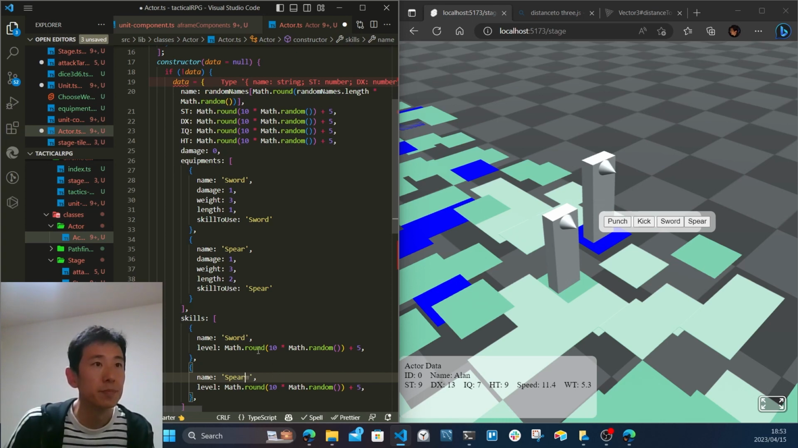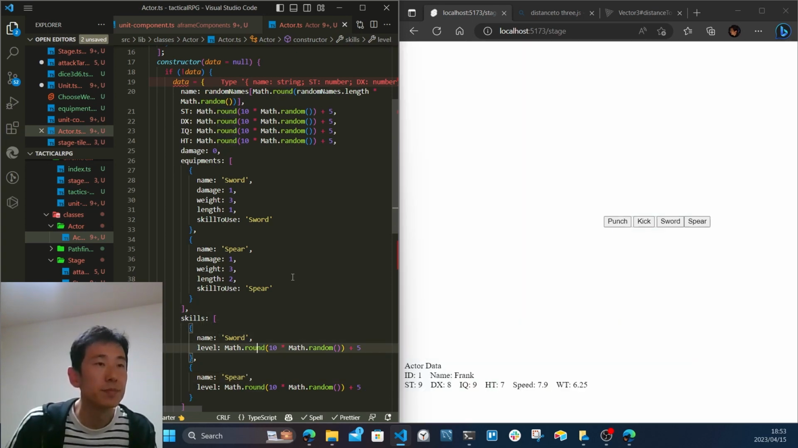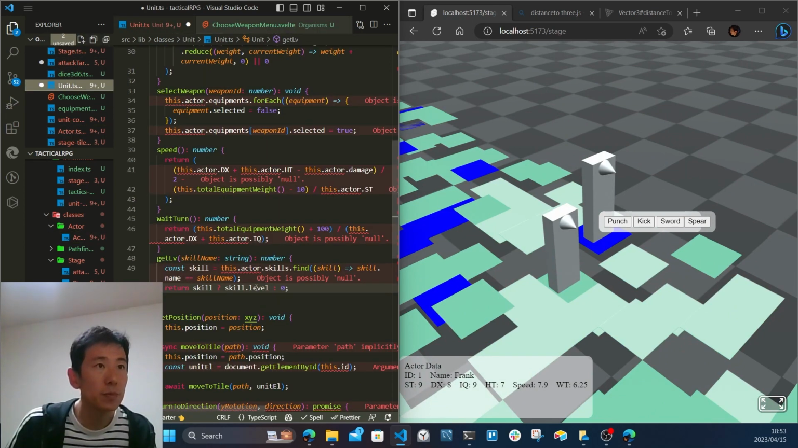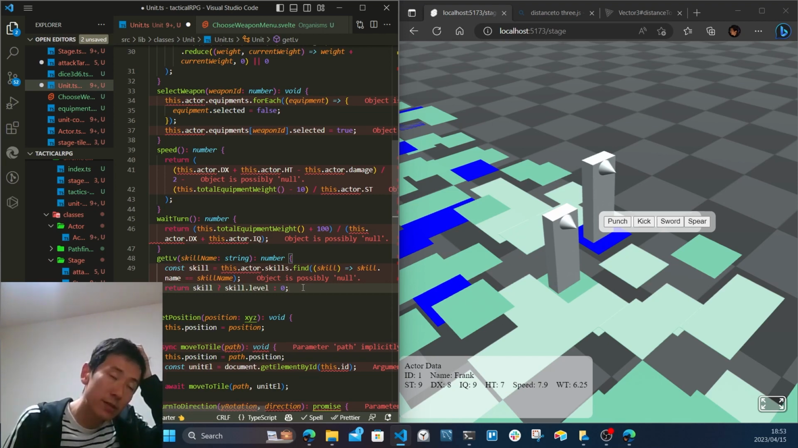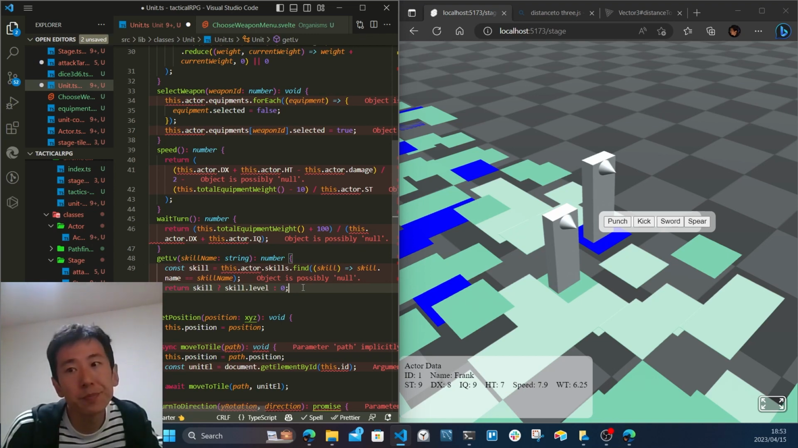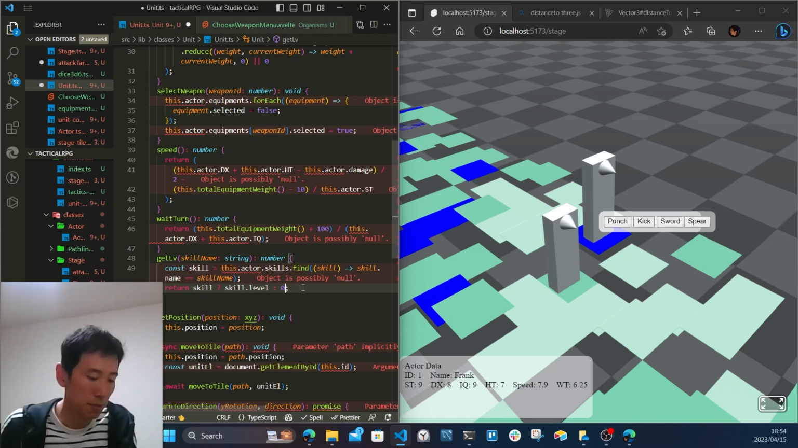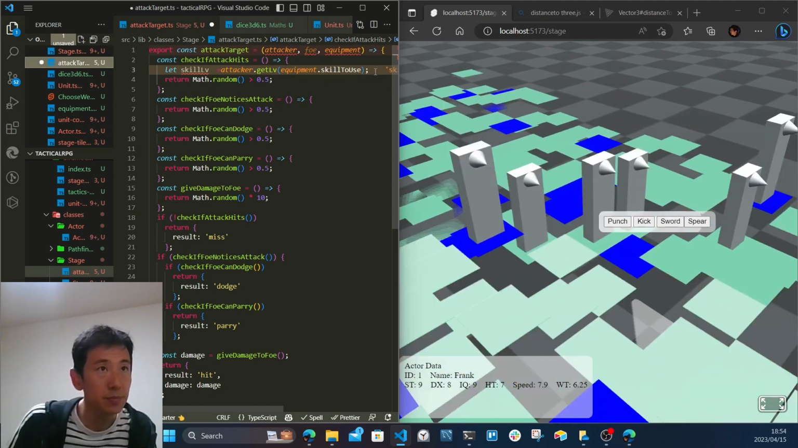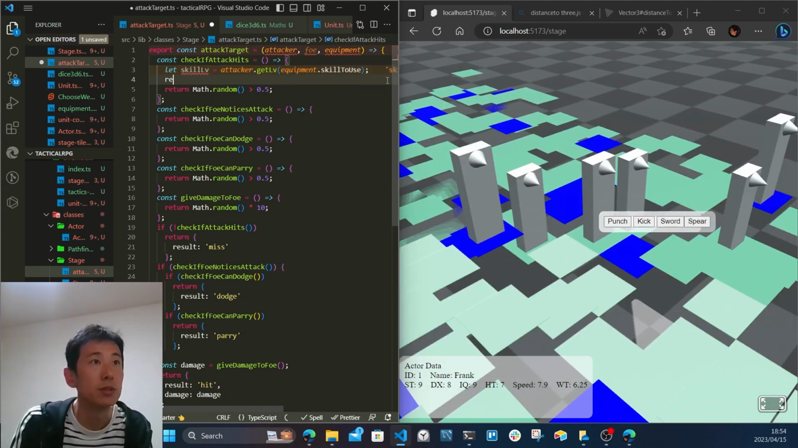Spear. The unit component will give your number. Skill level 0 is actually not possible. I mean, if you don't have the skill, there's always a default value for skill levels based on your parameters, but I'm just going to leave it for now. So 0 is alright. Okay, so attacker skill level and return